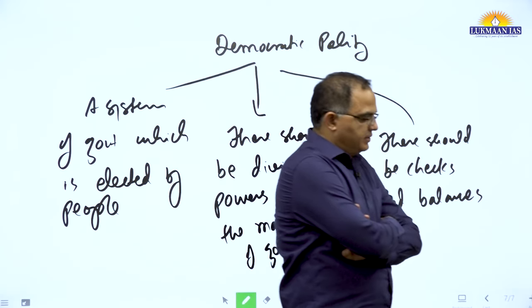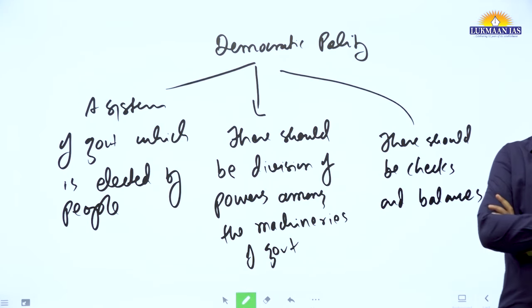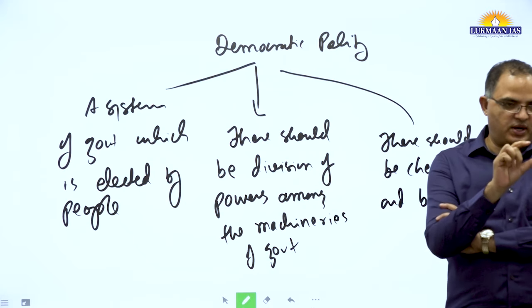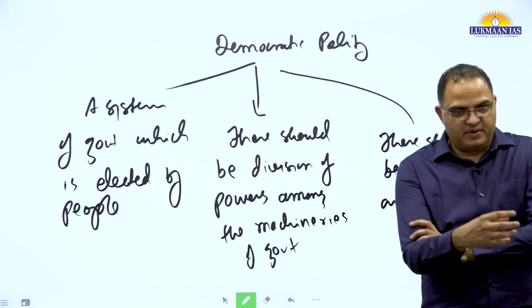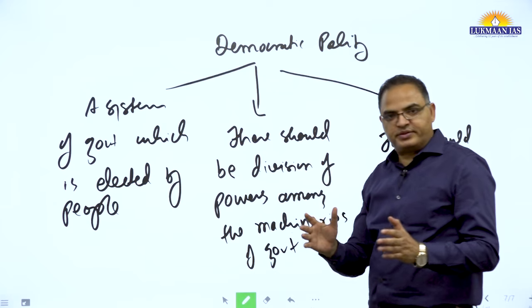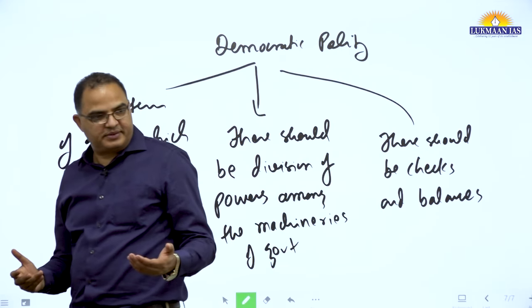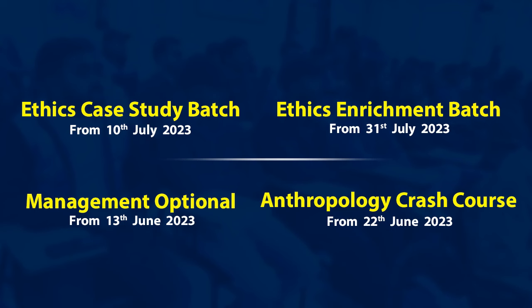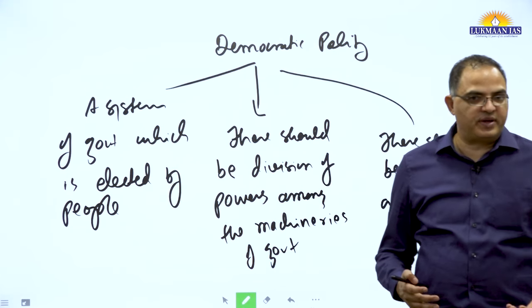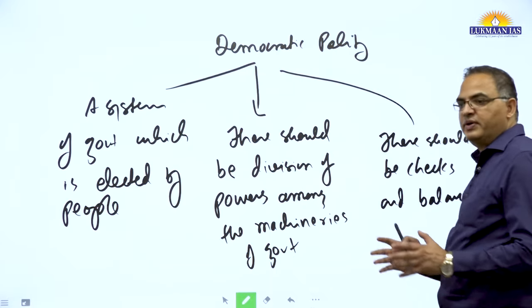Democratic polity, when we say system of government, the system of government means not only one government. Rather, it is a body of different institutions constituting the government. So it is not one government. We have three layers of government: union, state and local. At the same time, there are different machineries that we have: judiciary, CAG, Election Commission of India. So all this together will constitute it.